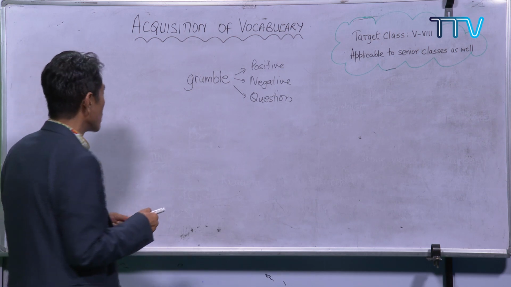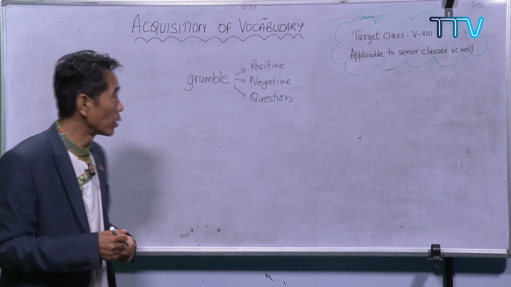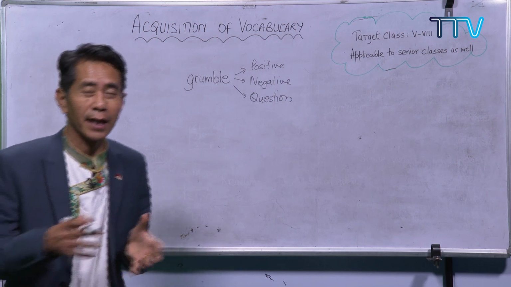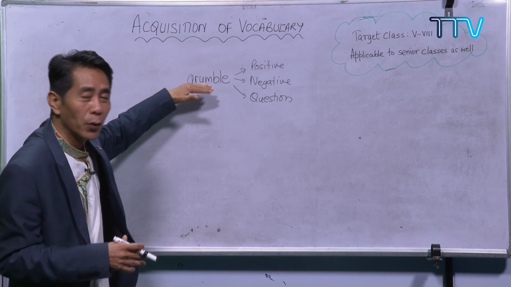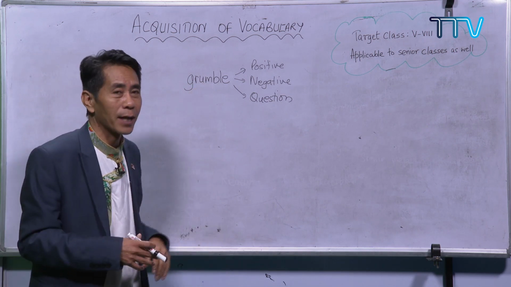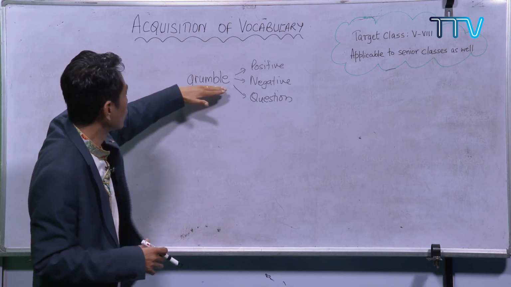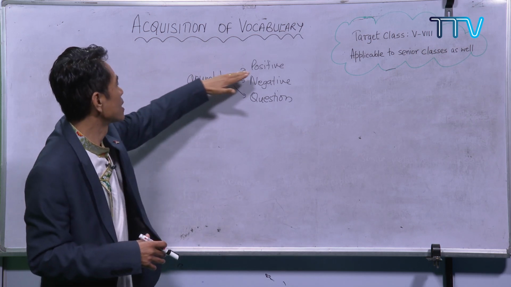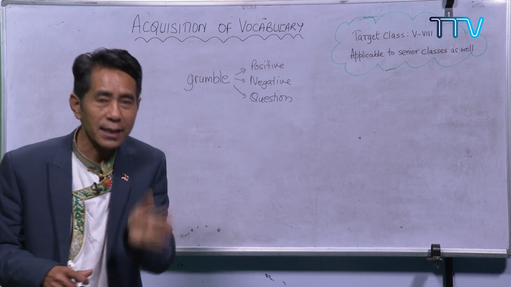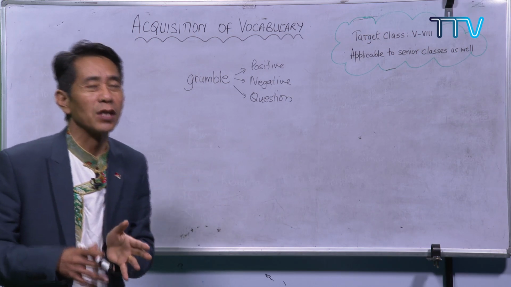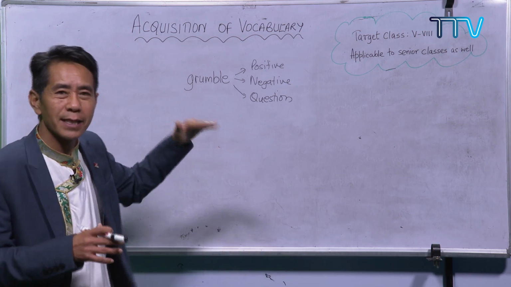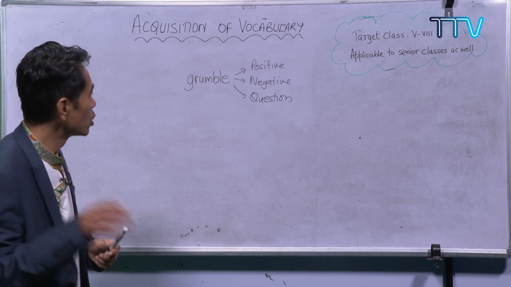Once you know the meaning of grumble, what you have to do, obviously the word grumble is negative. When I say positive and negative, I'm not just talking about the value. Grumble is something negative. You should not grumble. When I talk about the structure of the sentence, I say this is positive. Why? Because I grumble. When I say negative, I mean negative by using the word not. So in terms of positive and negative, I'm just talking about the structure, the syntax of the sentence, not the value. So don't misunderstand.